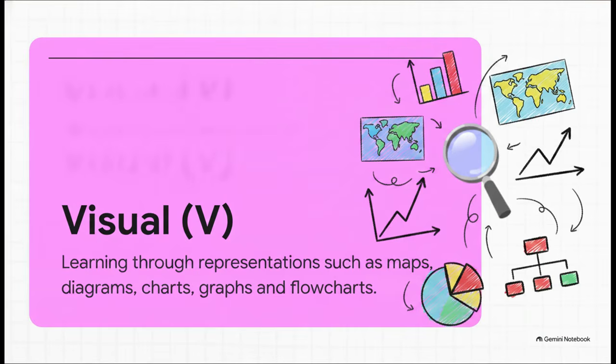The VARK model breaks down into 4 specific sensory modalities. That V stands for visual. This identifies a preference for processing information when it's presented graphically. If our volunteer is a highly visual learner, she's going to learn best through things like maps, diagrams, charts, and flowcharts. It's literally all about seeing the shape and structure of the data rather than just staring at a wall